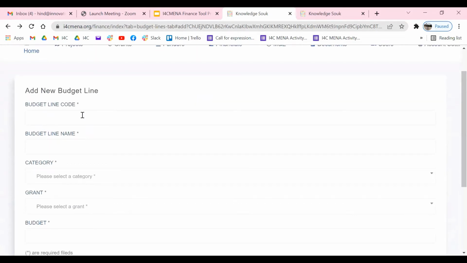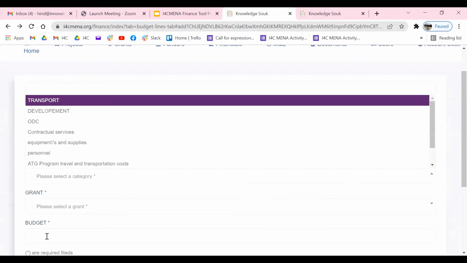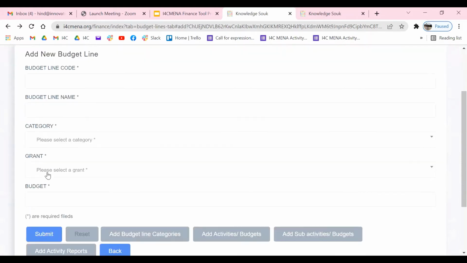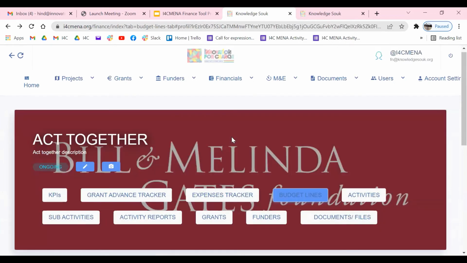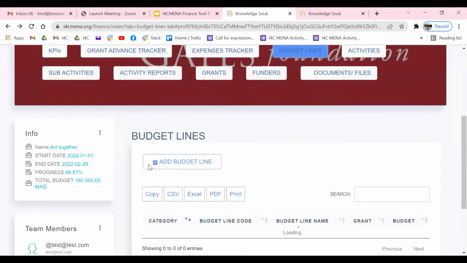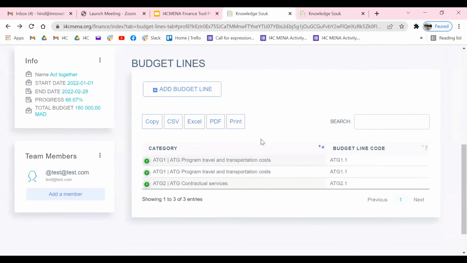So we put here the budget line code, the name. We select here which category from the list, also which grant, and we put here the amount or the budget for this specific budget line, and then we submit these details. And of course, this will display systematically in this summary table that include all the budget lines already included in the tool.